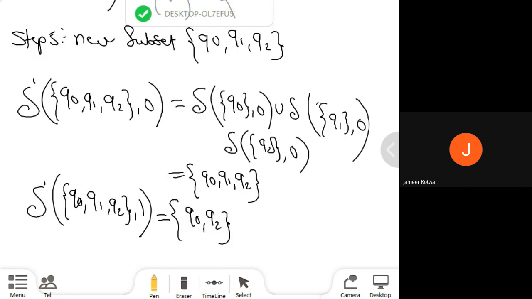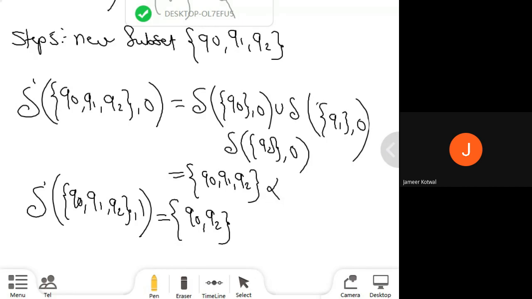Just check whether a new subset is generated. Q2 has already been processed. Fine. If you go through step number 2, this state has already been processed. Fine. Q0, Q1, Q2 has already been processed, so we are not going to process further.